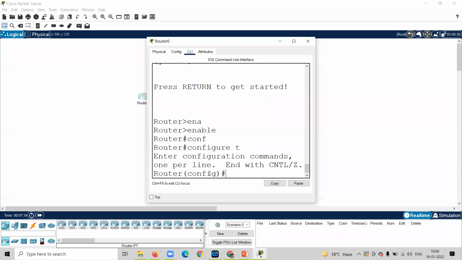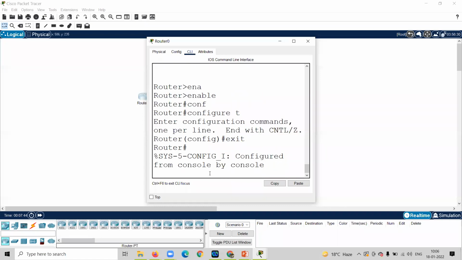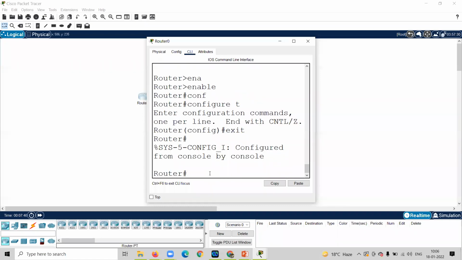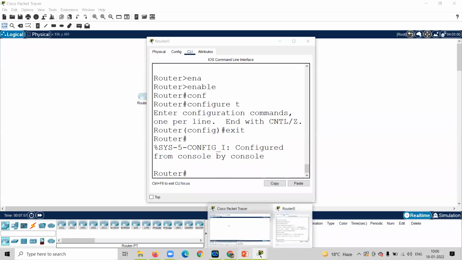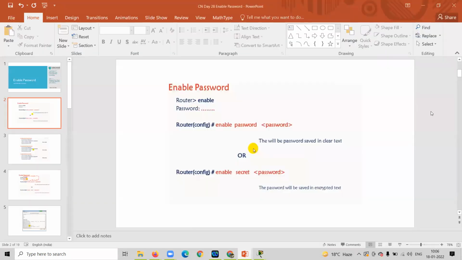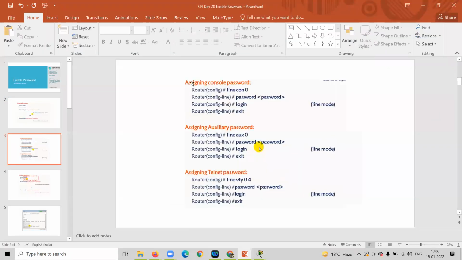So you can protect each and every mode by using some command. So for example, you want to limit your router, or you want to set some line password. That means no one can connect with your router, right? So for that, we have already seen in last lecture that we can use this command. We can protect our console connection.